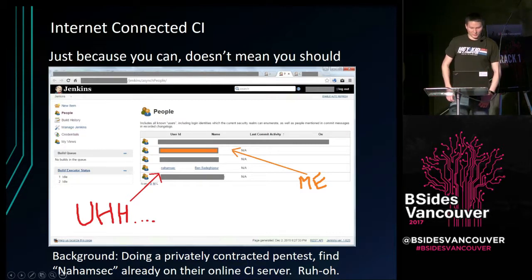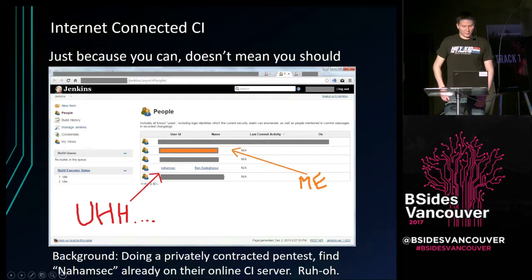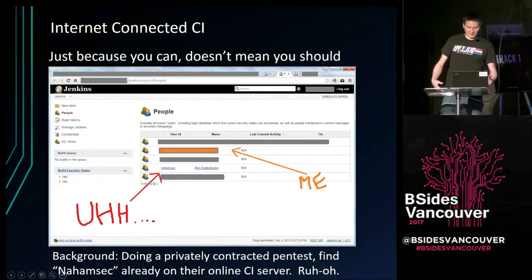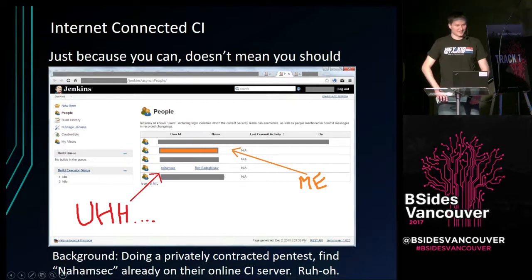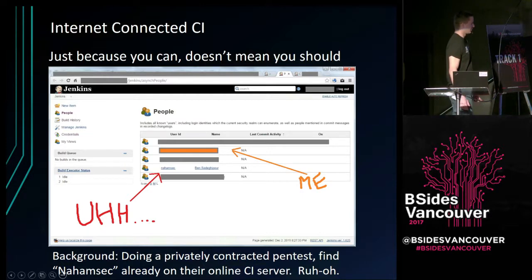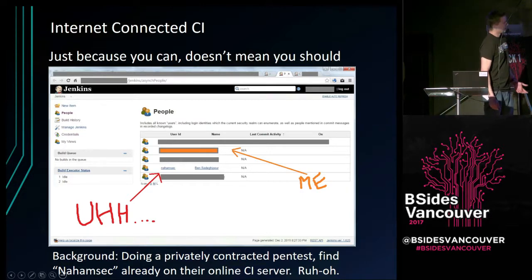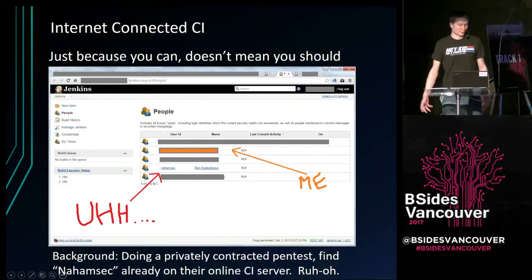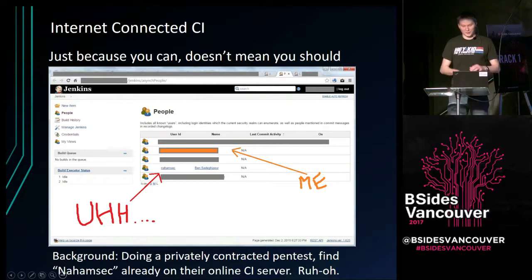So I took a quick look through them, and 3 of them were employees, and then I came across this other one, Nahamsec, and then I see the name, Ben whatever it is, and I'm like, hey, this name looks familiar, so I punched it in Google, and sure enough, this guy does bug bounty testing all the time, and I guess had just run a script of find all the Jenkins servers, log into as many as I can, or he was doing it by hand, I don't know, but he ended up making himself an account on the server. So I was like, oh, that's not cool.